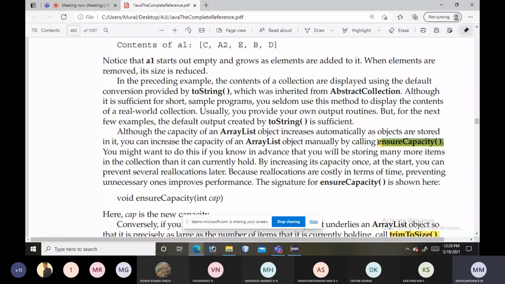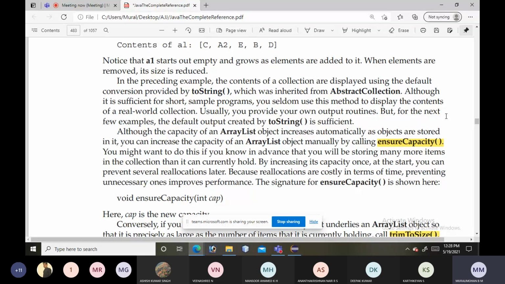Because as the ArrayList is dynamic in nature, each and every time we add and remove an element from the ArrayList, reallocations will be happening. This will significantly affect the performance.